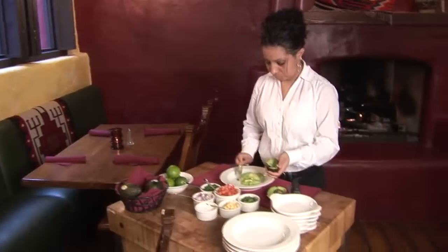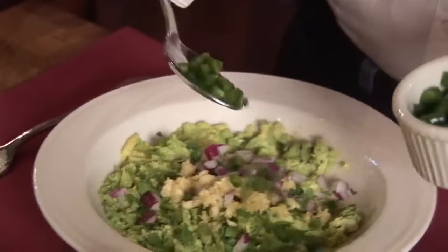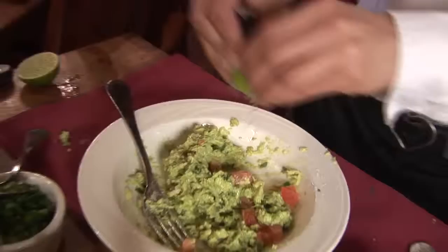We got the tableside guacamole, and what a treat. I mean, here they bring out all the fresh ingredients tableside, the server ends up making it up. They add a little bit of their own personality and flair to it, and you get to choose if you want more of one ingredient or less of another, and so you get the guacamole how you want it,